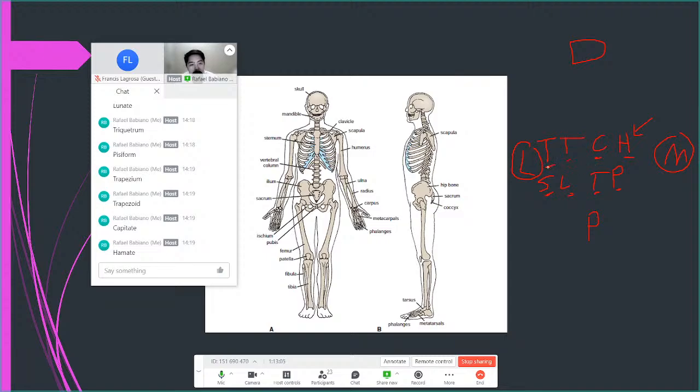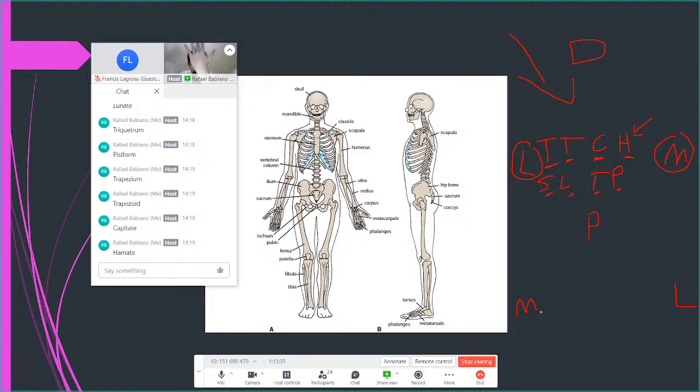Or the question may be: all of the following are parts of the distal carpal row except. So you have to know the distal carpal row: trapezium, trapezoid, capitate, hamate. You just memorize this: some lovers try positions that they cannot handle. Those are the carpal bones. This is your left hand, but even if you go to the right, it is the same. Lateral is the thumb side, medial is the pinky side.